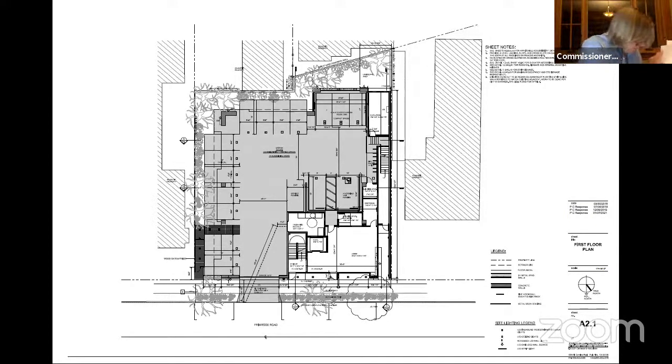Because on your third floor plan, on A2.3, it looks like it's 10 feet from the balcony edge. Yes, from the property line to the balcony edge is 10 feet, but to the living space it would be 13 to 16. Is that what you're saying? 16 feet, yes. Okay.